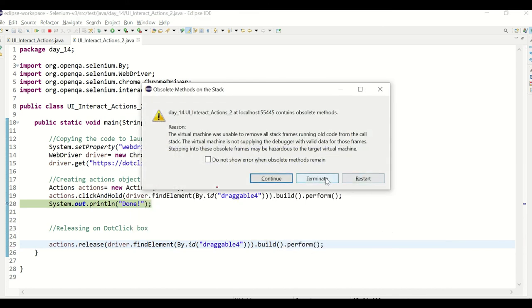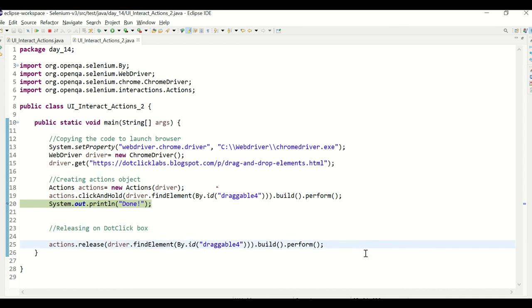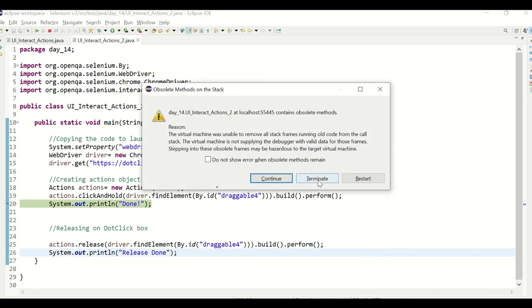Okay, so terminate it, because we need to run the first click and hold, then only you can run the release, right? Unless you use click and hold on that web element, you cannot use release on that web element. Release done.